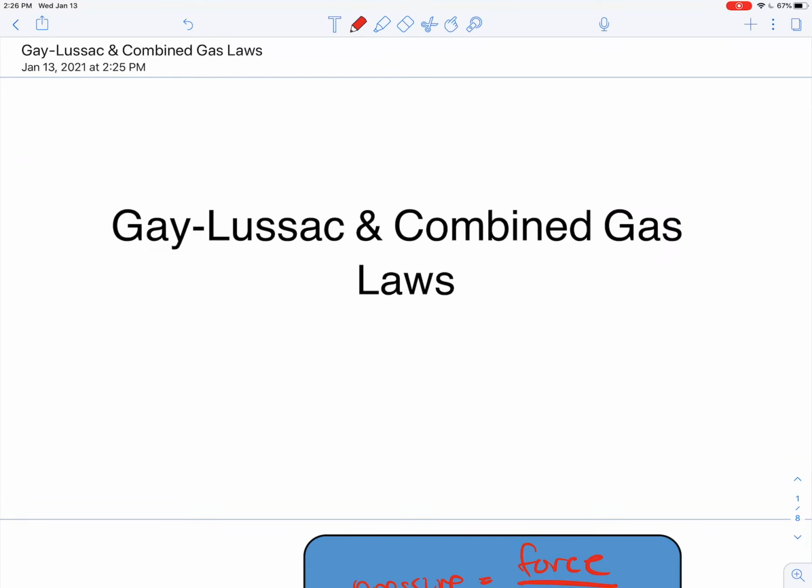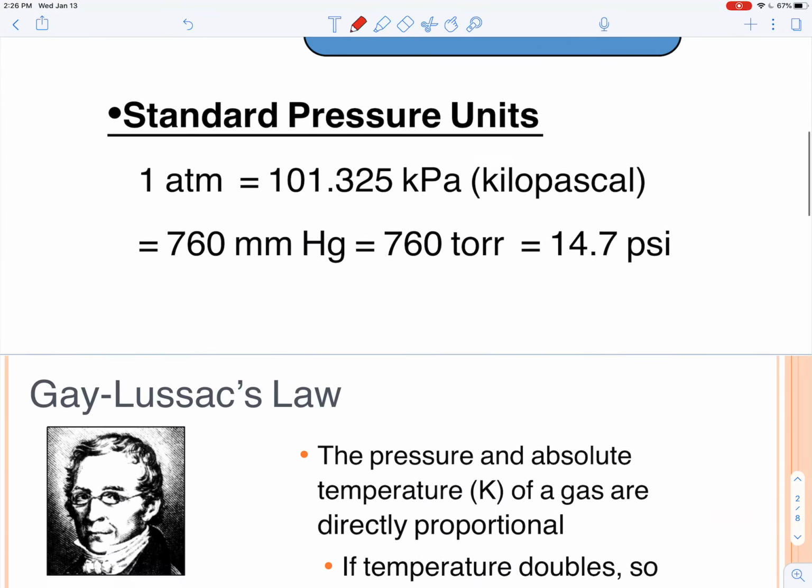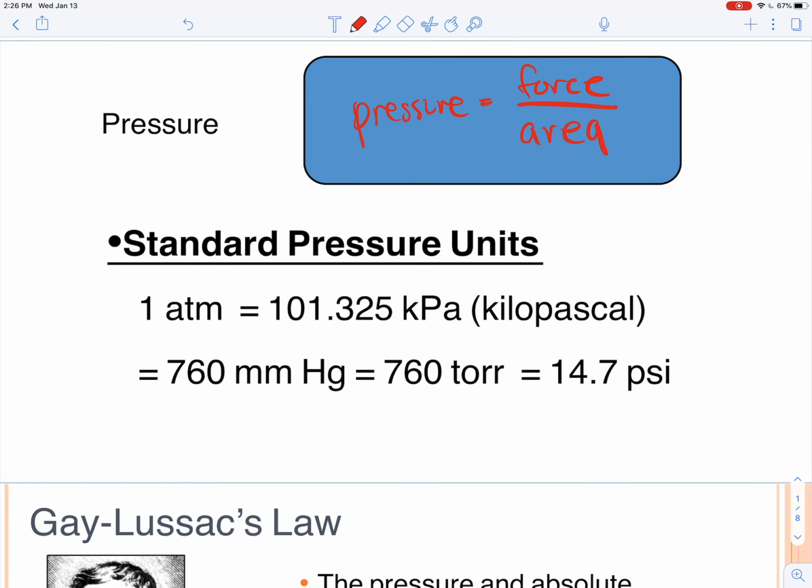All right. Hello, everyone. Today we are looking at two new gas laws, Gay-Lussac and the combined gas law. First we'll review pressure. Make sure you know your different units of pressure. Atmospheres is the most common here, but we might also see kilopascals, millimeters of mercury, torr, and pounds per